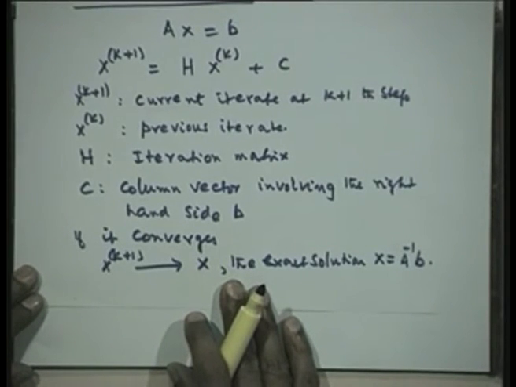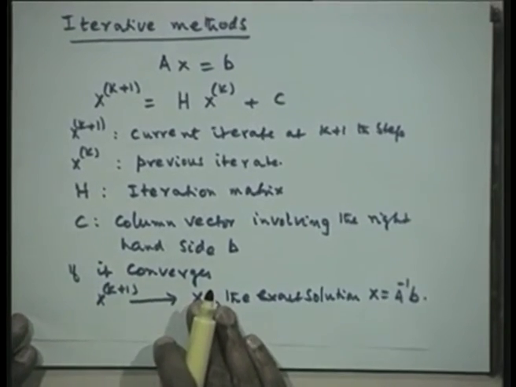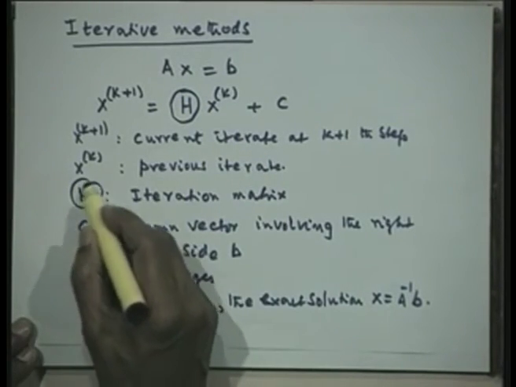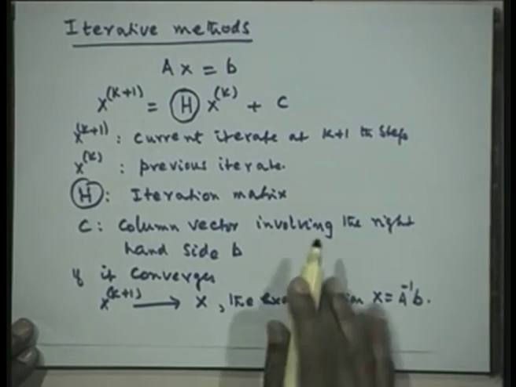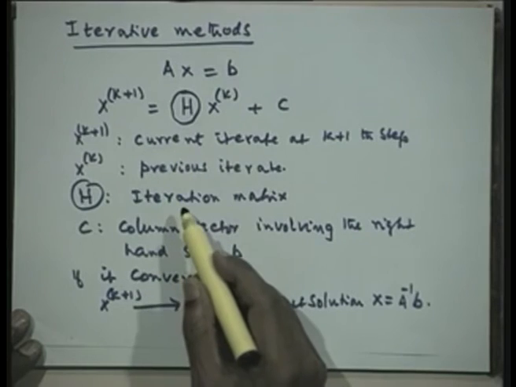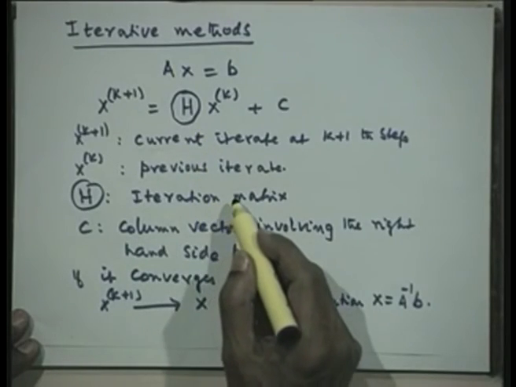Now, we are going to study in our next lecture, and later lectures, the properties of this matrix H, because this iteration matrix is the most important matrix. The convergence or divergence depends entirely on the behavior of this particular matrix. It is possible that even a 2 by 2 system may diverge if you do not write it properly. We will give an example next time, that even if you take a 2 by 2 system and try to solve it by an iterative method, it may diverge. Therefore, the properties of this iteration matrix are very important.